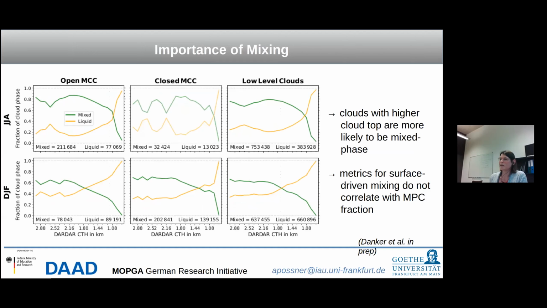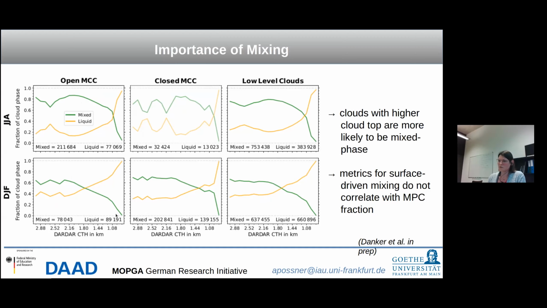And here I show you the same figure where we now don't look at it in terms of cloud top temperature, but we're looking at the same relationships in terms of cloud top height. And here you see that for clouds that have their cloud top at a higher altitude, they tend to contain more ice. So the ice fraction or the mixed phase fraction goes up as we go to deeper cloud depths. And the same is seen for austral summer, but even more pronounced.